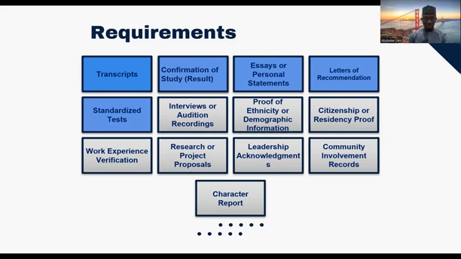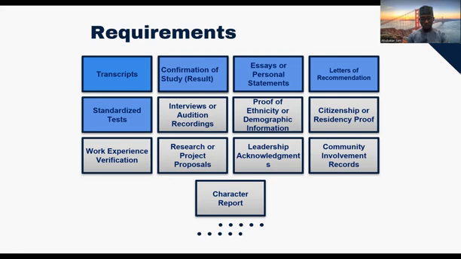Standardized tests, these are exams, okay? These are exams that sometimes are important. If you want to get scholarships, you have to take this standardized test, and this test will allow the organizers to understand your capabilities when compared to other students. Because we all come from different backgrounds, if we don't have this standardized test, then there will be no way for the universities to tell how we compare in terms of our inherent capabilities.